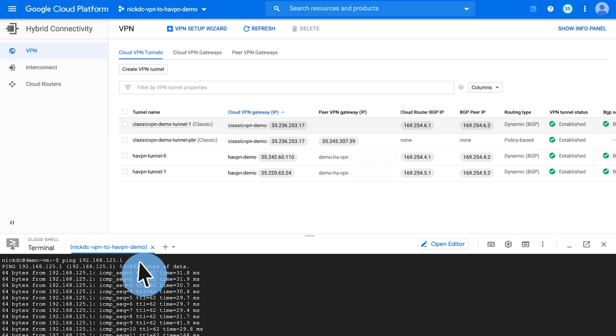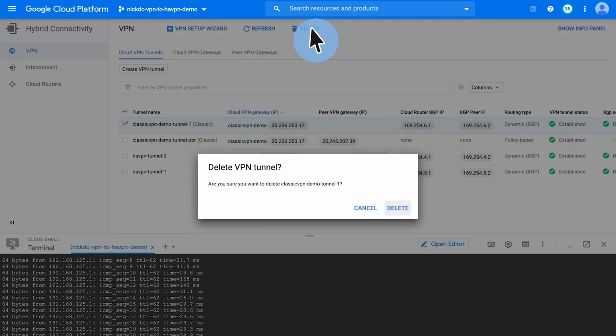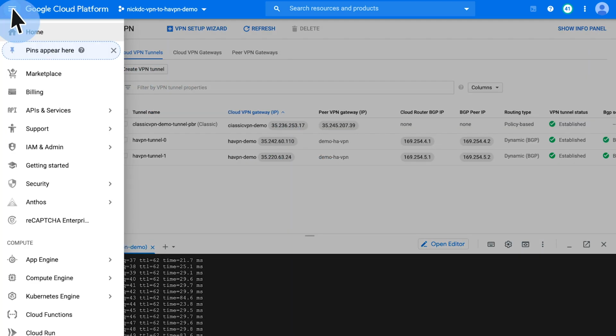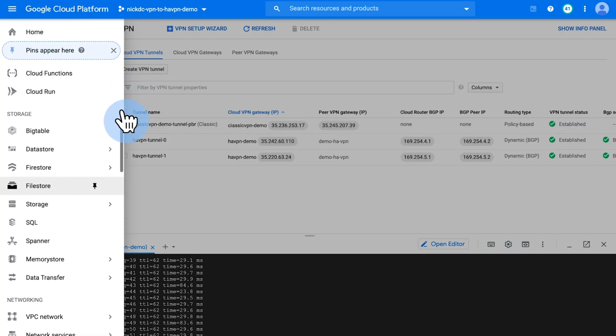If I select the existing Classic VPN tunnel, I can safely delete it now. Click Delete. Are you sure we want to delete this tunnel? Click Delete. Now, since the traffic is safely going across the HA VPN tunnel pair, deleting the tunnel will have no effect on my traffic. So if I return to the VPC Networks tab,